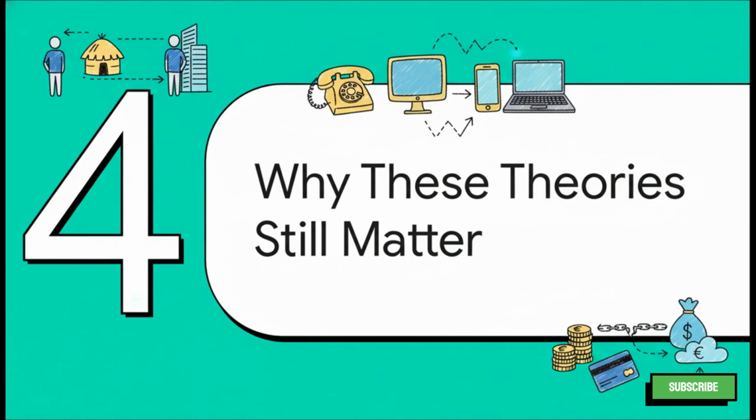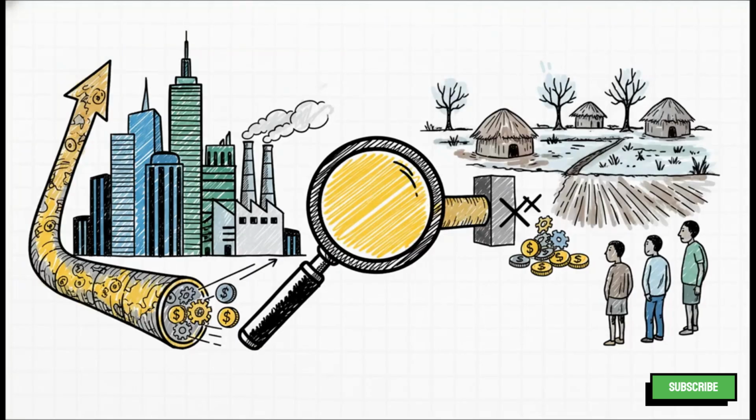Now, you might be thinking, okay, these are some old theories. And you're right, they've been around for decades. But, and this is so important, social, technological, and financial dualism are still incredibly relevant for understanding the challenges that so many economies are facing right now, today. So what's the big takeaway here? Well, what these theories do so brilliantly is show us the deep, structural reasons why inequality is so persistent. They explain why you can have booming growth in one part of the country, but it doesn't automatically trickle down to help everyone. They really shine a light on the root causes of huge problems like unemployment and inequality, showing us that these aren't simple fixes. These problems are woven right into the fabric of the economy.